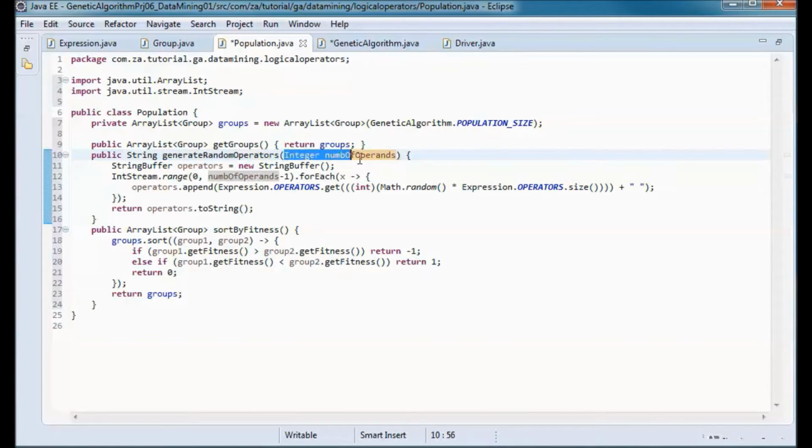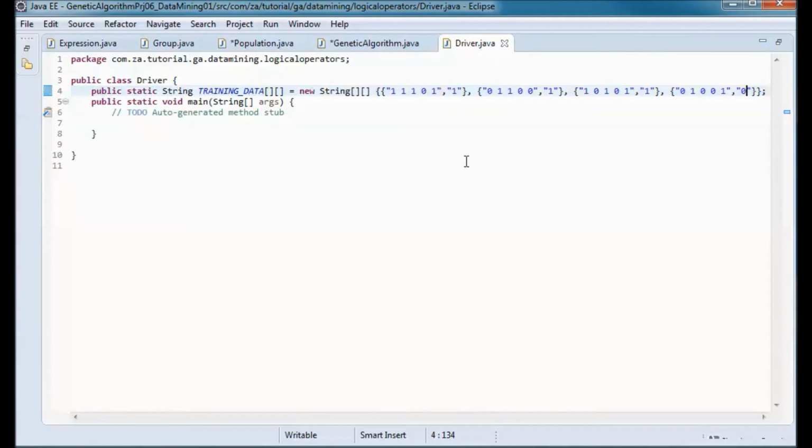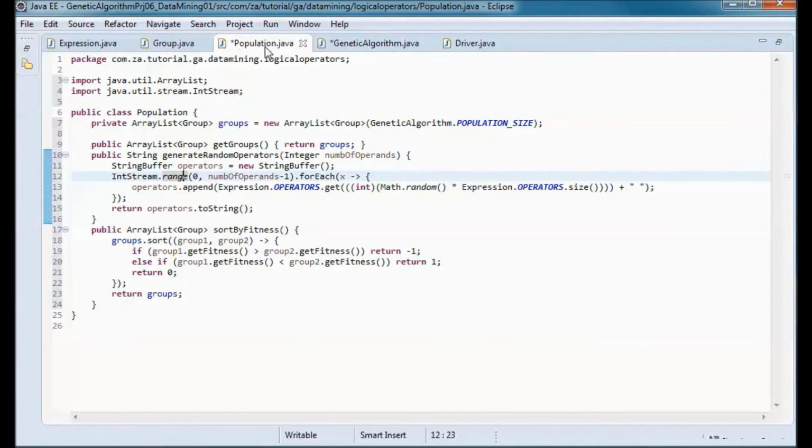It takes in the number of operands, and since here we have 5 different operands, it means we're gonna pick 4 operators randomly, and we do it from here.